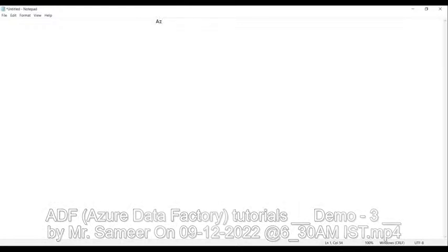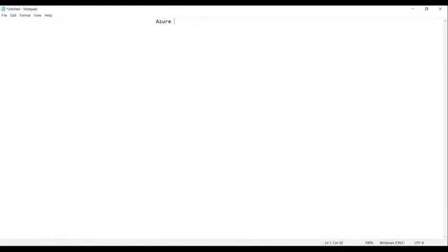Okay, guys. So let's start with the Azure Data Factory. Now tell me, everyone, what is the Azure Data Factory? It is a service, basically, guys. This is not a software service. It is a service provided by Microsoft to perform the job of ETL. To perform the job of ETL, the service called Azure Data Factory is provided by Microsoft.